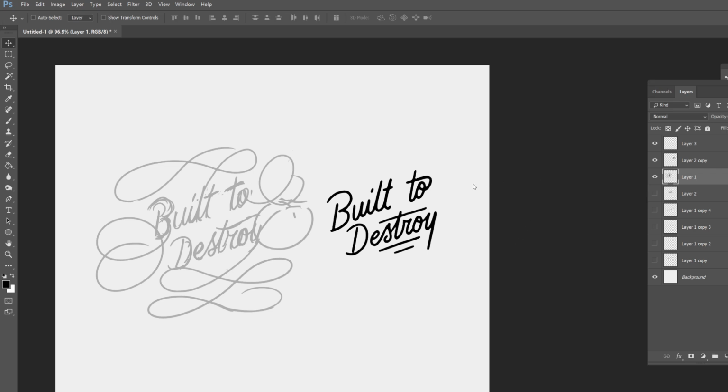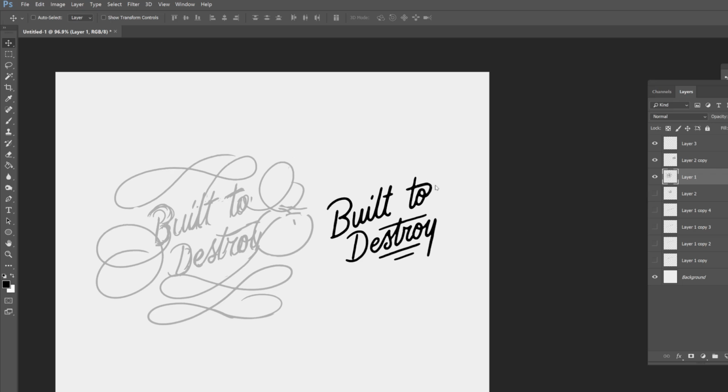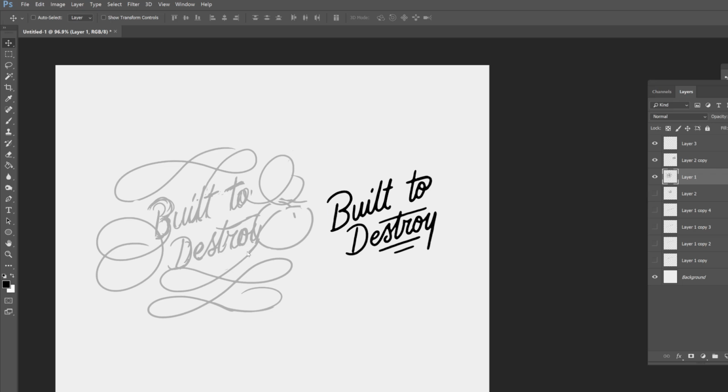I was just working on some custom lettering here, as you can see on my screen, and I've been trying to spend some time lately working on adding flourishes and other ways to fancy up my scripts a little bit, and really just been digging into all the different ways I can adjust each letter and where I can add different flourishes. And I thought that it might be a good idea to make a video and show you guys some of my favorite ways to add ligatures and little swashes and flourishes to enhance your lettering,